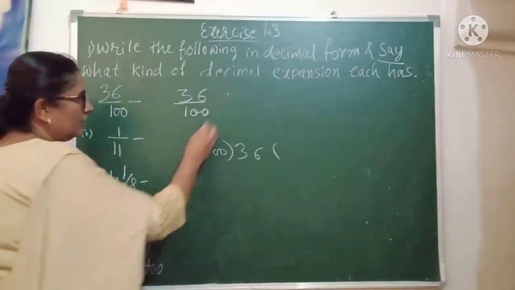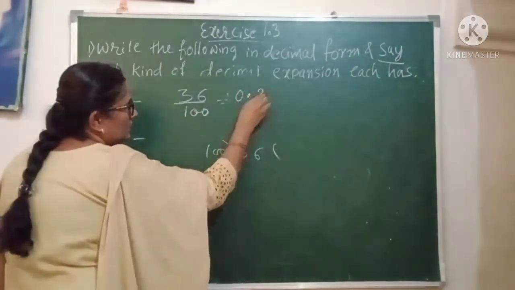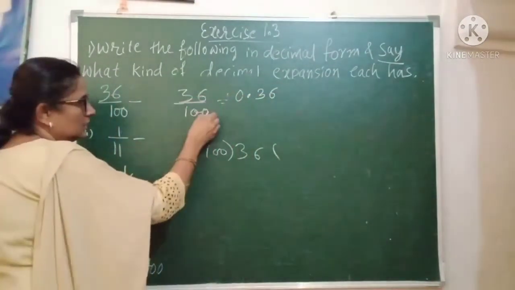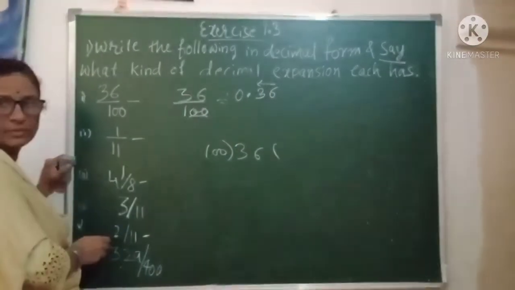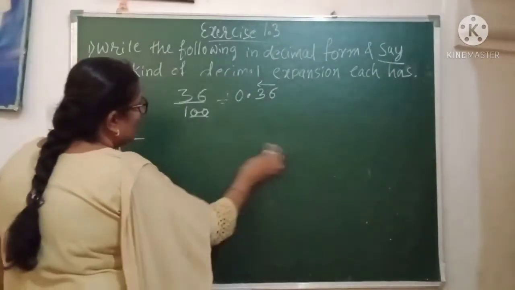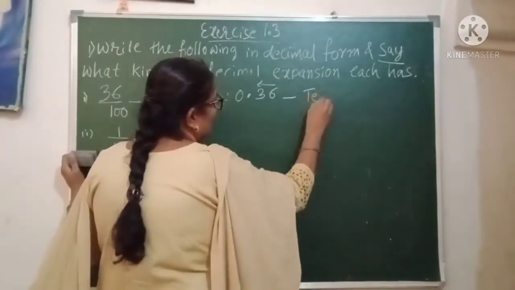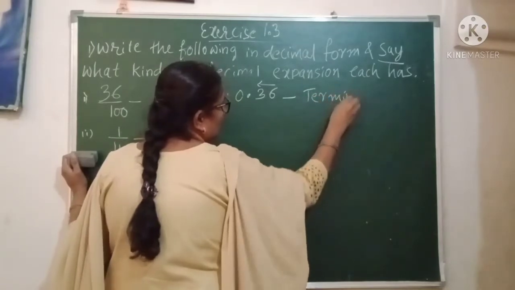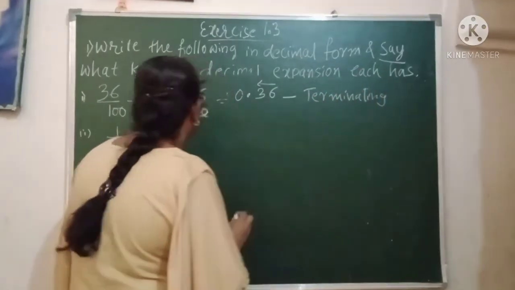Instead of doing this one, as you know, 2 zeros are there. We get 0.36 as the answer. How is it? After 2 digits, 2 zeros. After 2 digits, you are going to keep the decimal point. So that means the remainder will become 0 for this one. So we are calling it a terminating type of decimal. This is a terminating decimal expansion. You can add that one.